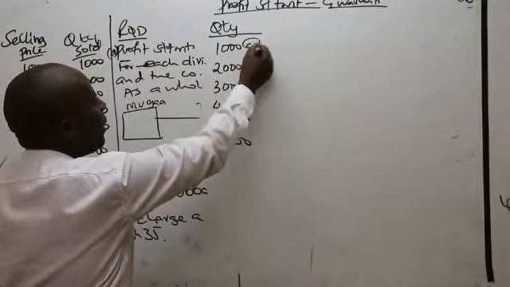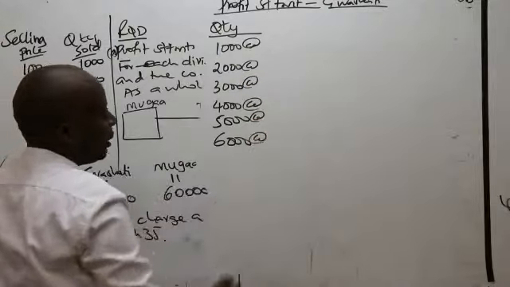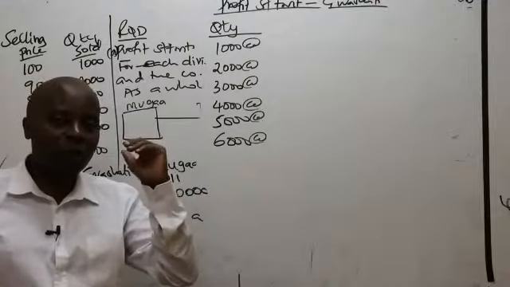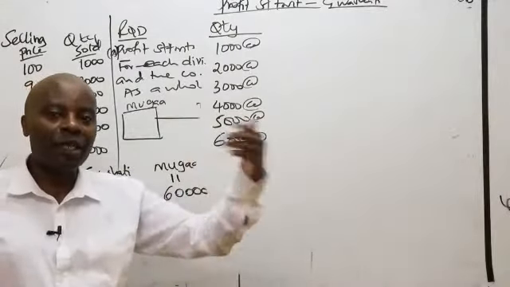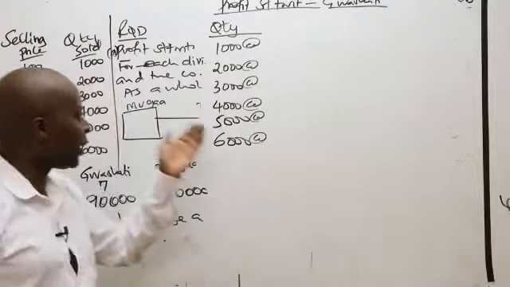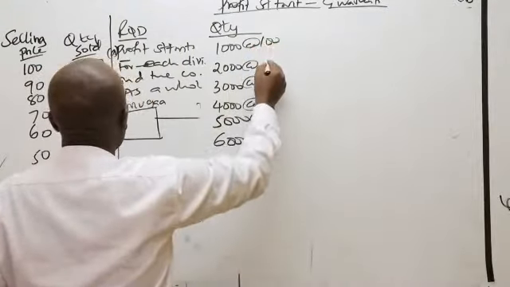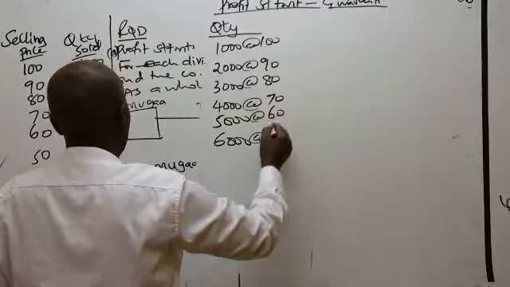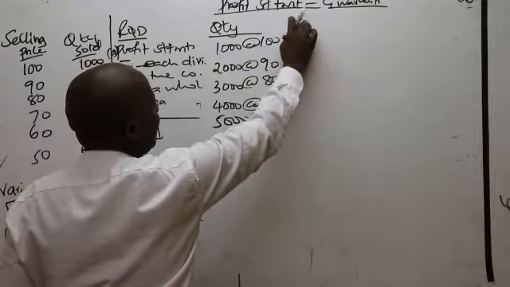Which prices am I going to use this time around? Remember now, Washati is the one who is in touch with external customers. So the external customers have already given us the prices. These are the prices, ladies and gentlemen, for the external customers. We have 100, we have 90, 80, we have 70, 60, we have 50 like that. So come and give us our revenues very first.